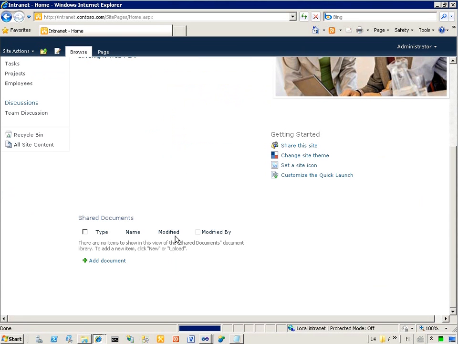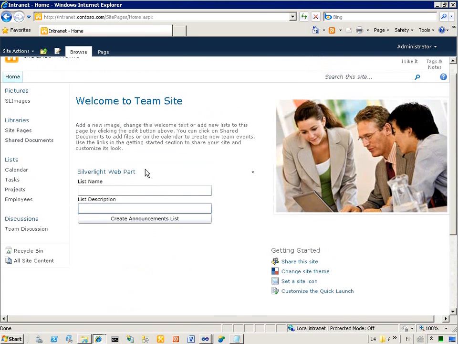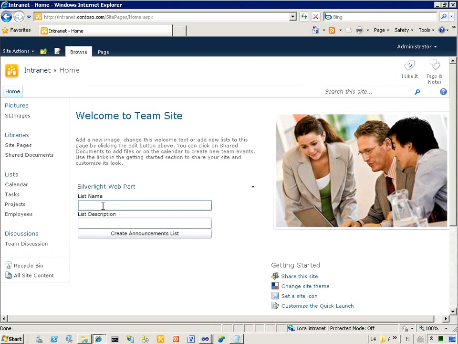Let's click OK, so we're able to see another Silverlight application which we are using, and which is using the client object model. So basically the idea of this application is to show how we actually create lists from the Silverlight application using the client object model. Let's name the announcement list to be created as Ignite, and this is the description, so created using Silverlight